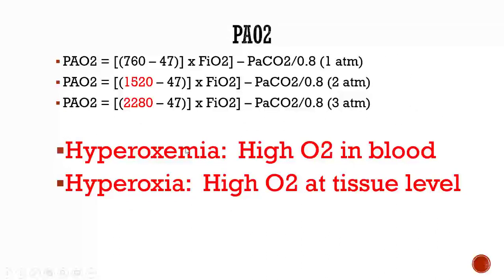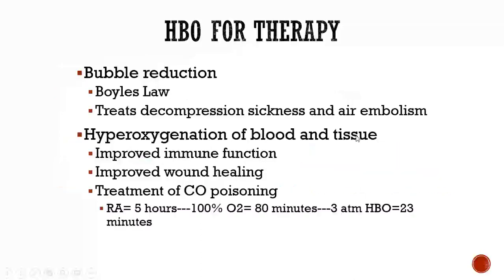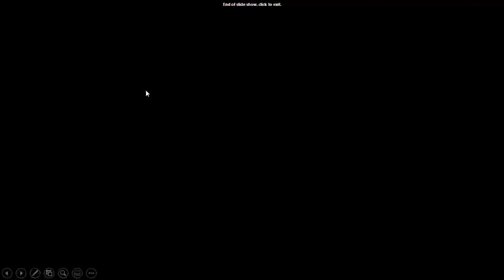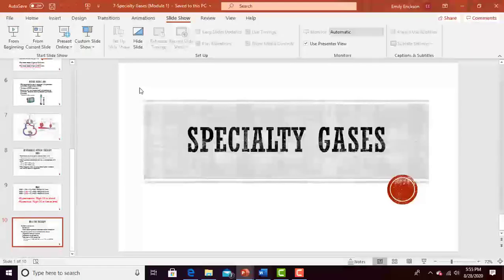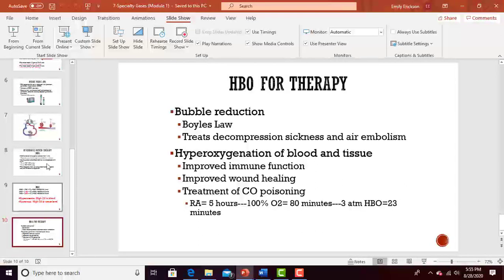Kind of reminding you guys of the terms of hyperoxemia or hyperoxia, which is high O2 in the blood or high O2 at the tissue level. So if you have a PaO2 of greater than 100, it's hyperoxemia. If you were going to put that on a blood gas, just kind of reminding you of those terms. So hyperbaric oxygen can be used for bubble reduction. What I'm talking about there is